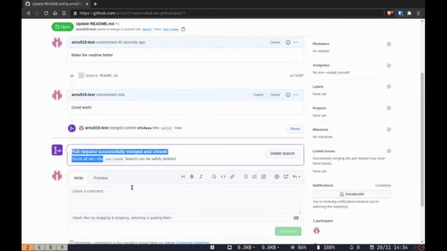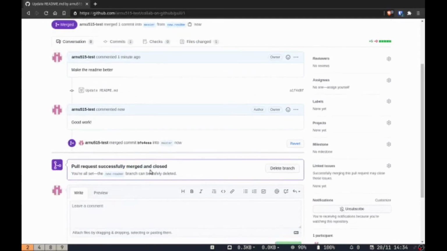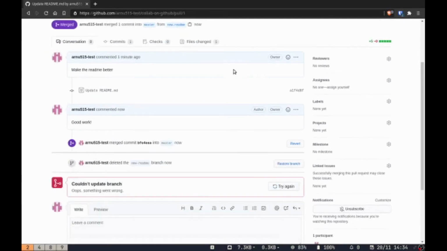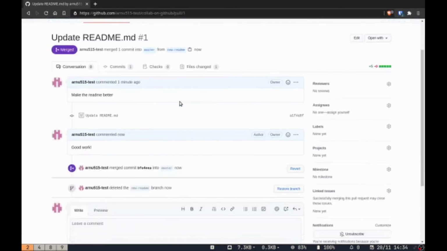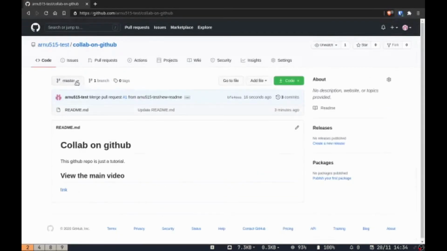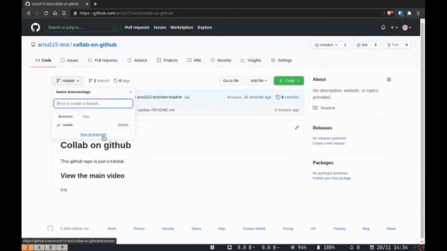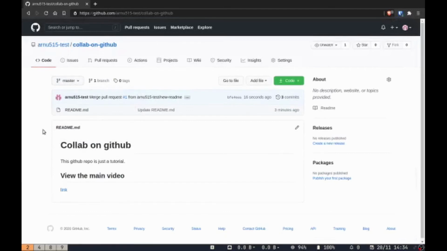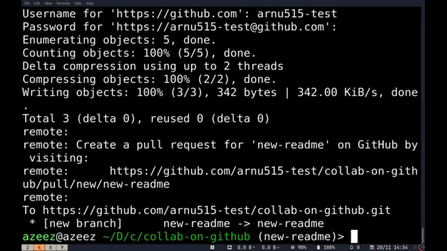You can also change these if you wanted to, and you can see that the pull request has merged and closed, and you can delete this branch, and that should be done. Alright, so now click on code, and notice that we're on the master branch. You can see the new readme branch is still not there, but all of our code is now synced up with the master branch. But you can see over here, if I check out to master again,